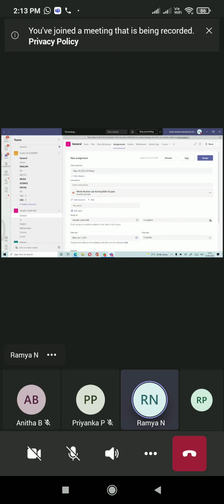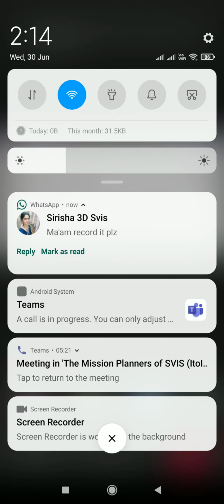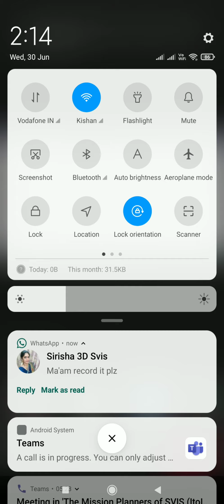So once this is done, you can save it. Suppose today I don't want to assign to the students, I want to assign it tomorrow during my class. So I'll keep everything ready, and I can just save it and keep. What you can do is, one day before the class, suppose tomorrow you want to take the activity, you select everything, because I think selecting the students will take a little time.